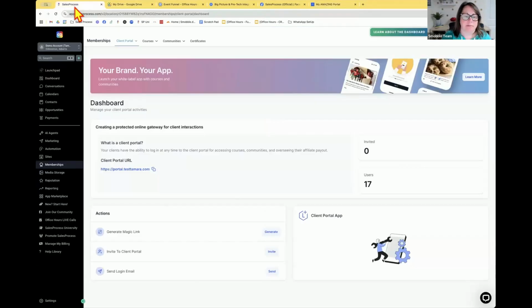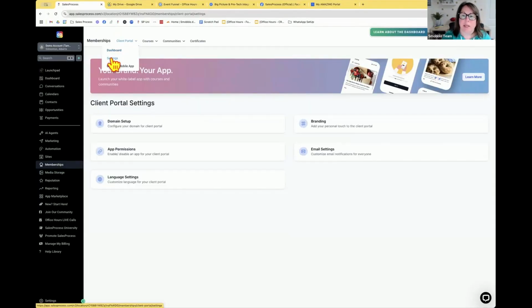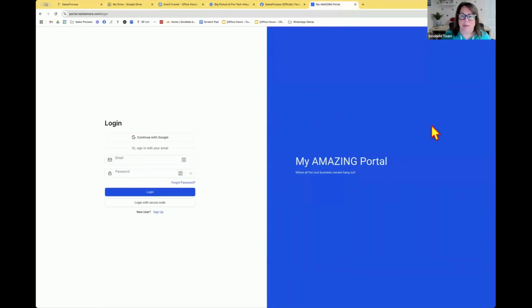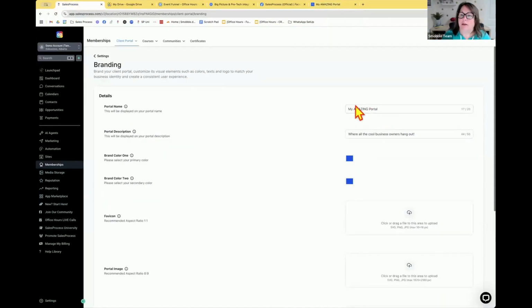So we're going to go back to sales process. And to brand your client portal, we go back into settings up here at the top, and you're going to see branding. So you click on the branding here, and this is where you're going to change all of the details that you see from this page. Okay. So here it's called My Amazing Portal. Well, that's maybe not what you want, right? Maybe you want to call it Tech with Tamara. Of course, you don't want to call that yours that. And then here it says where all the cool business owners hang out. You might want to change that tagline to